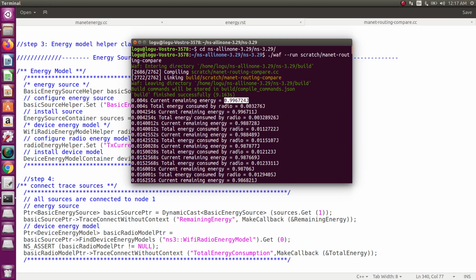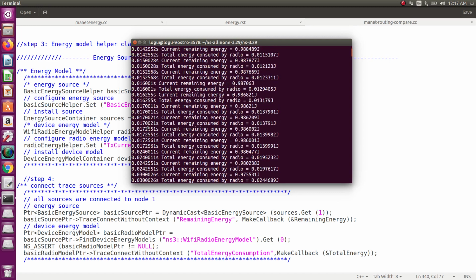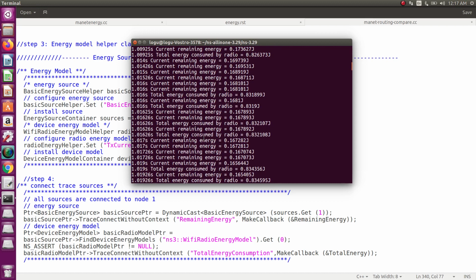So from that, at the time of starting, the energy consumed will be indicated here. Like that, the current energy as well as the remaining energy will be generated at each and every time of execution.